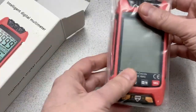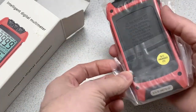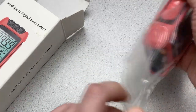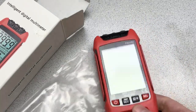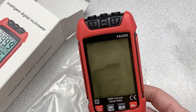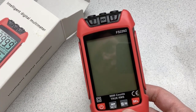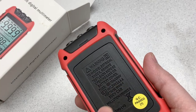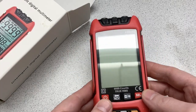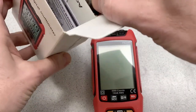Okay, so in no particular order, there's the meter itself. And of course, I'm not sure what the brand is on this. We'll figure that out. But this is referenced as an FS2202, 9999 counts, 4 nines. Now I haven't put the battery in here yet, so we'll have to put the battery in. And interestingly enough,